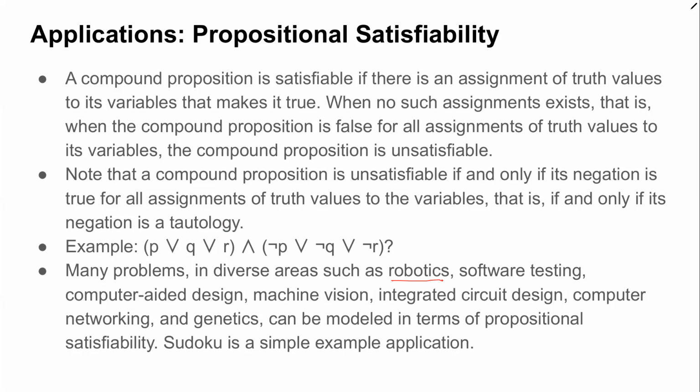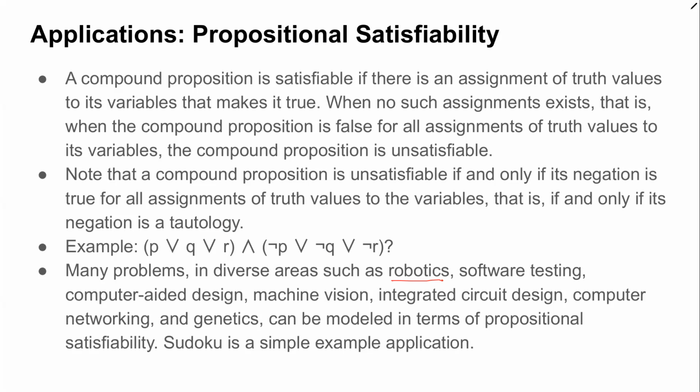The way you train a line follower robot is you tell it that wherever there is a line of a dark color, say mostly black or blue, which doesn't reflect much, you have to move forward. It's based on sensors; wherever you don't see it, you make a turn based on where you see the light coming from. This is exactly a satisfiability condition, right? If certain conditions are met, all of them are true, then you do some action. If one of them fails, you don't do the action.